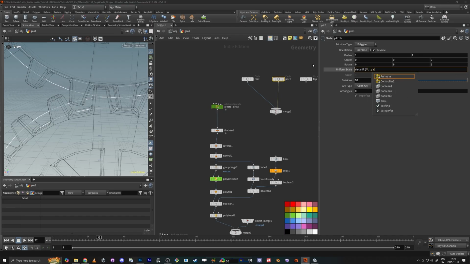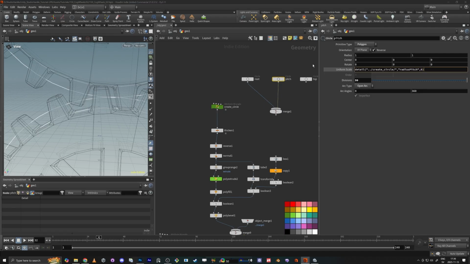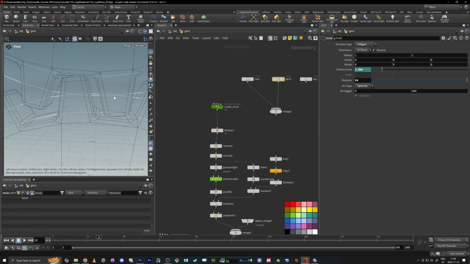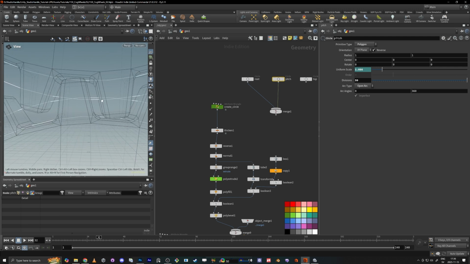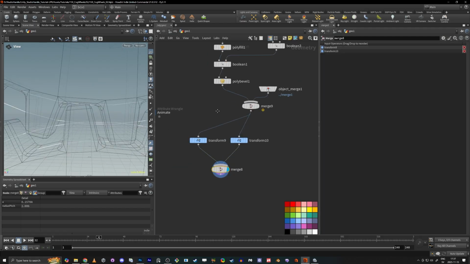Dot slash, and here we have the create circle. And then we do the radius pitch, I believe we have. And then we need to fetch the first index. And now you see, we have the center over here. And you see, it doesn't really match up down here. And the reason is,